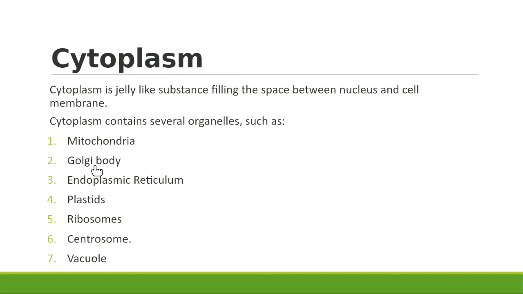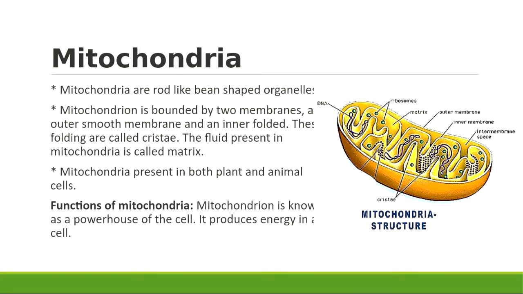Each organelle performs its own function, like each organ performs its own function. Like the stomach performs digestion, it doesn't beat to circulate the blood. The heart performs its own function, it beats to circulate the blood, but it doesn't digest the food. Just like that, inside the cell, these organelles are specialized to perform a particular function, and these functions are performed by each organelle. Okay, so we are going to study each organelle one by one.